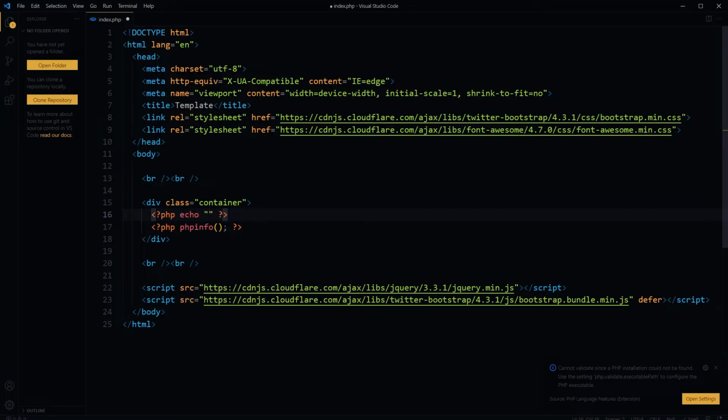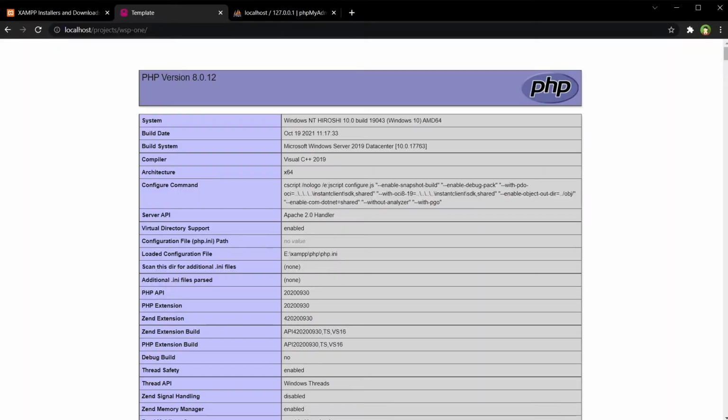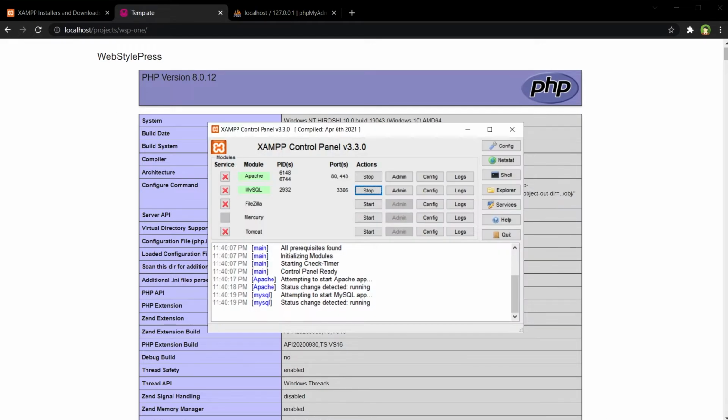Echo WebStylePress, and let's make it bigger. Save, refresh, and here we see our text.